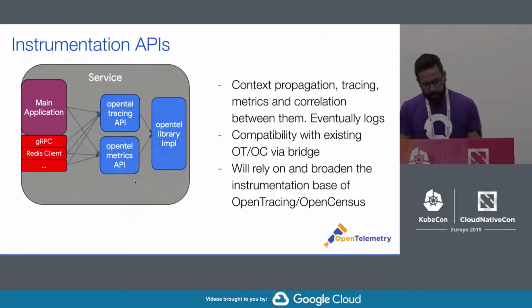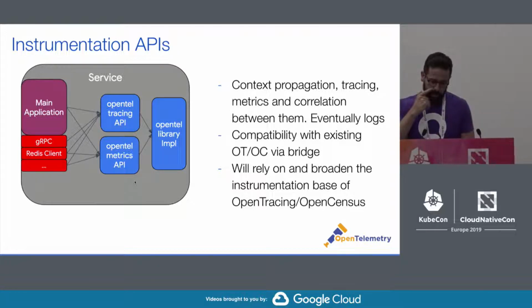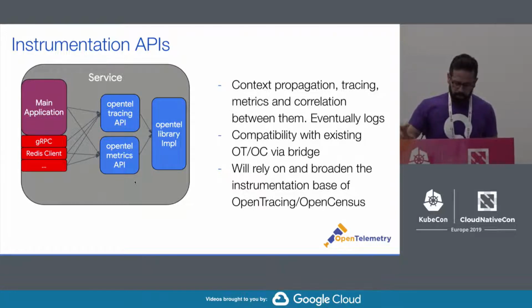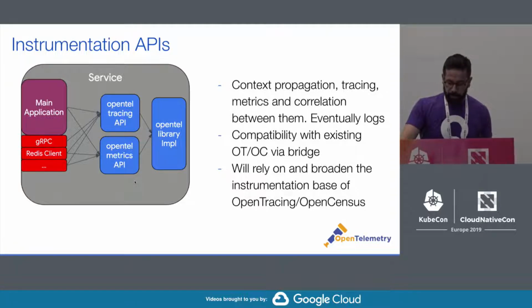So this actually derives from both OpenTracing and OpenCensus, with some changes from each one of them, really improvements from the lessons we had over all these years in developing against these APIs. I'm not going to go into the details of what those changes are. Some of them are breaking for both, but there's going to be compatibility with both via bridges that will be